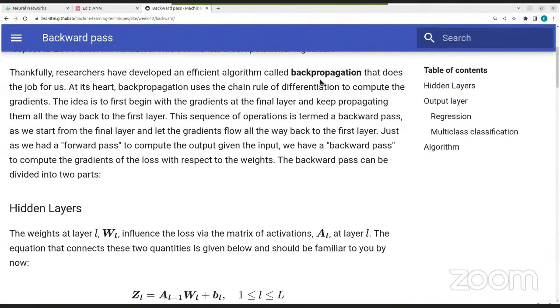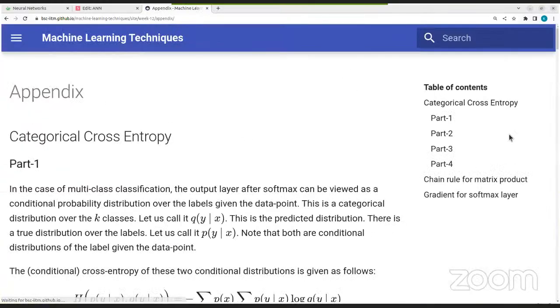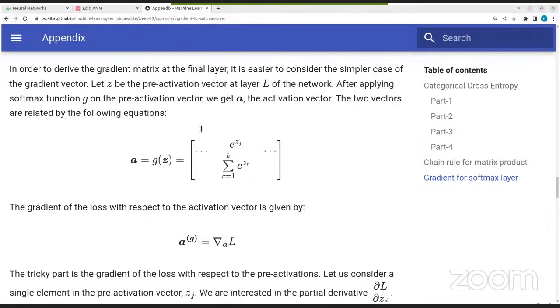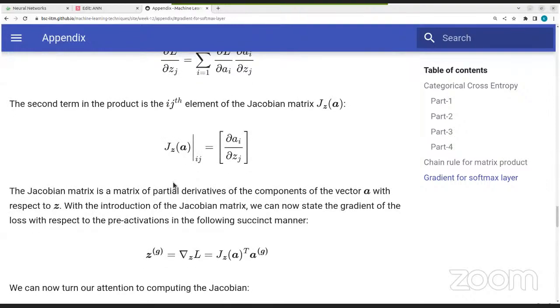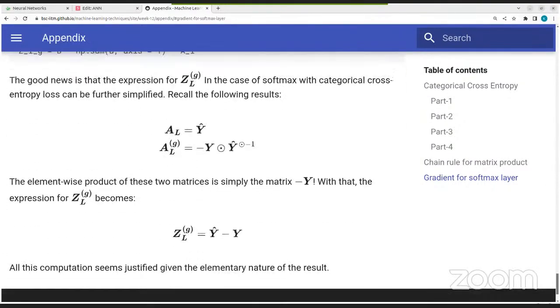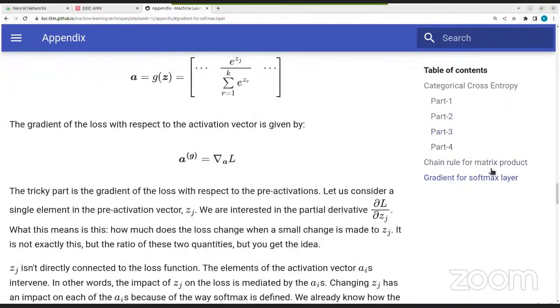So those who want to understand this in more detail can look at the appendix associated with this. I've given some explanation on how this came about. Right. So if there are any brave souls who want to understand what this means, you can look at this